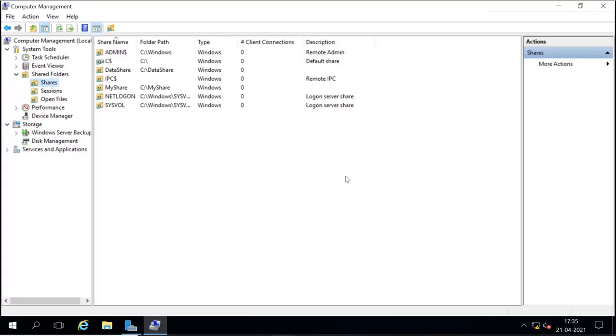So from the server side, when you go to computer management, there is an option for shared folders, and here you will see all the shares from this machine, and also you will see the sessions established.